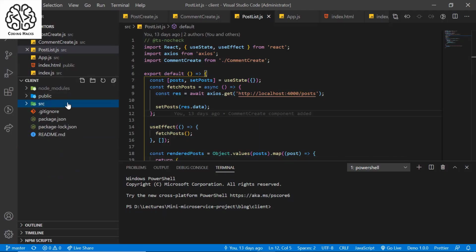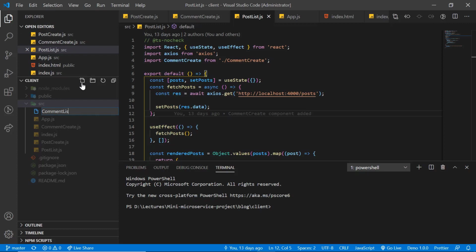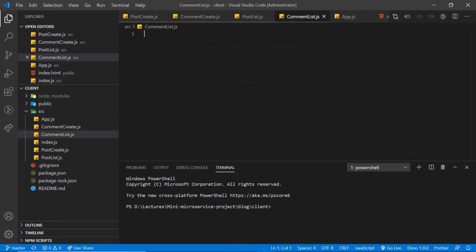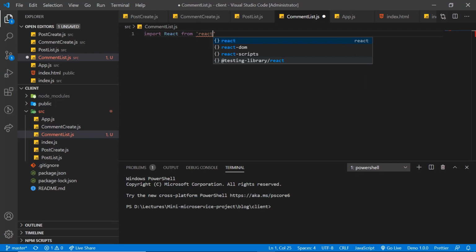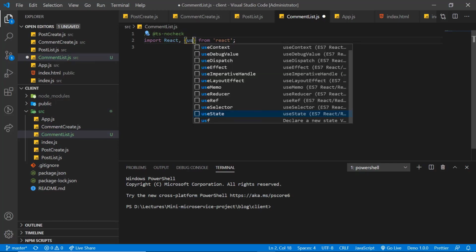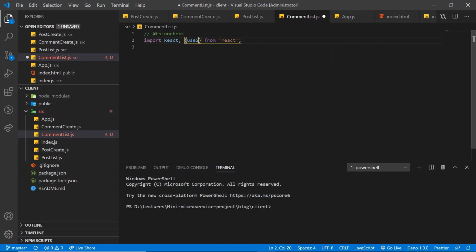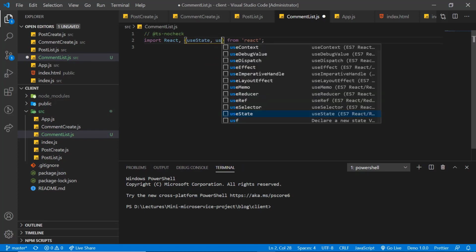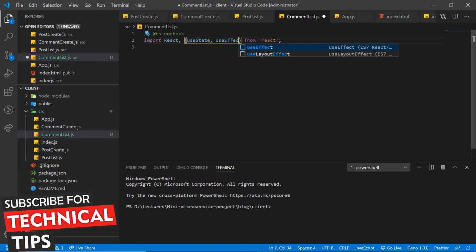Here inside the src folder, I am going to create a new file called comment list. Just like the other components, let's first import React from React. Let's import useState and useEffect also.